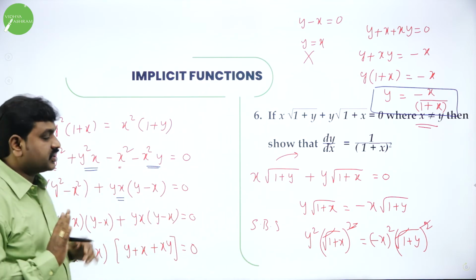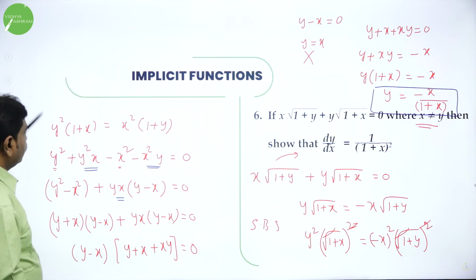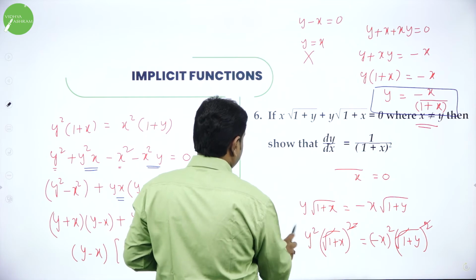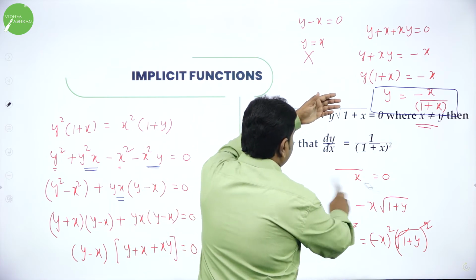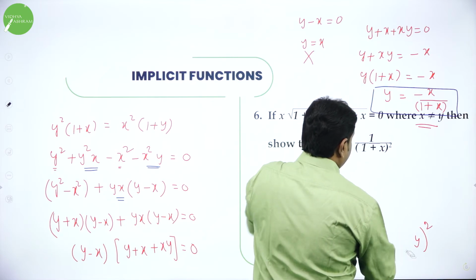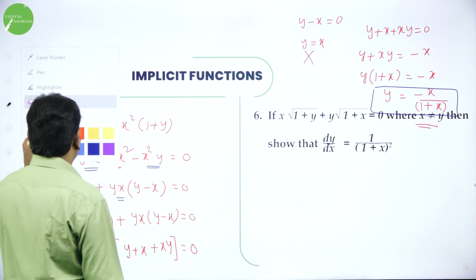Till now we have not differentiated. Now we will go to the differentiation. I think you have copied all these things, so I will continue from here. So now we change the problem, means we reduce the problem. The given problem is just now y is equal to minus x divided by 1 plus x. So please copy this carefully, and now the game continues.